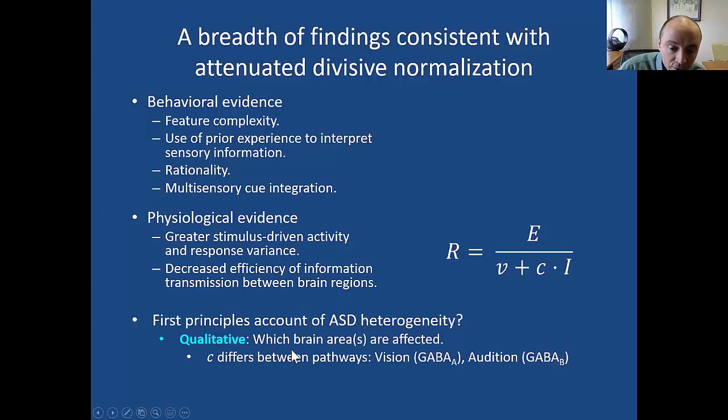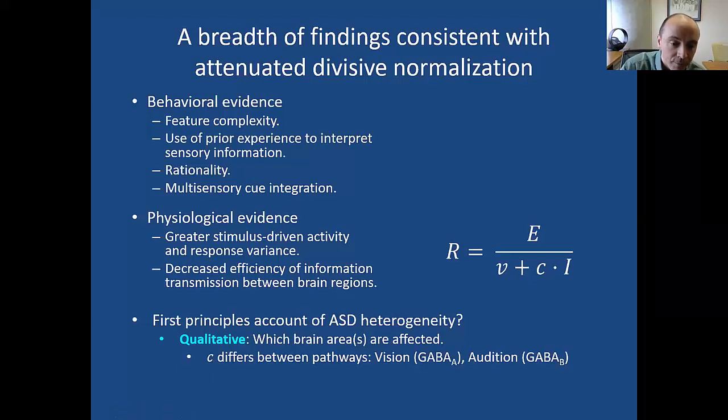So different brain areas might be affected in autism, giving rise, for example, to individual differences in visual or auditory disruptions. And this seems to be associated closely with divisive normalization. So this parameter C that tunes the strength of the E to I ratio differs across different pathways. This parameter C in the visual pathway is mediated by GABA A. In the auditory pathway, it's mediated by GABA B. So you can imagine a situation where disruptions of just one of these pathways or the other can give rise to different qualitative differences